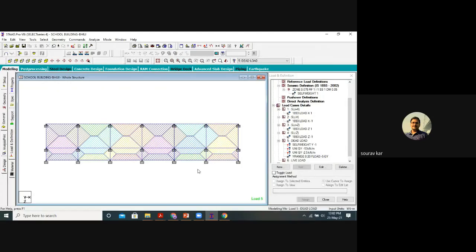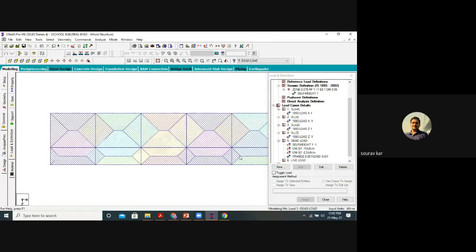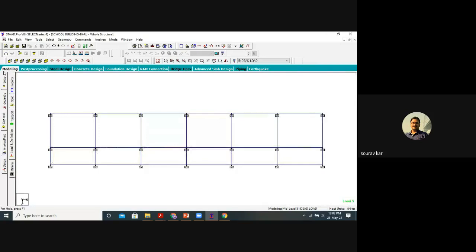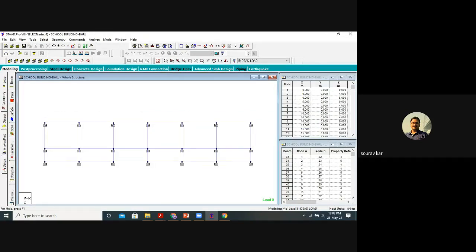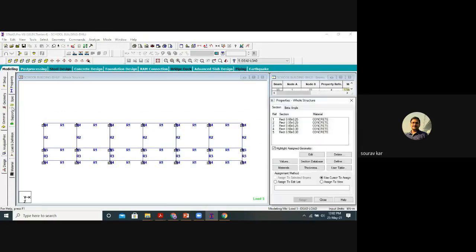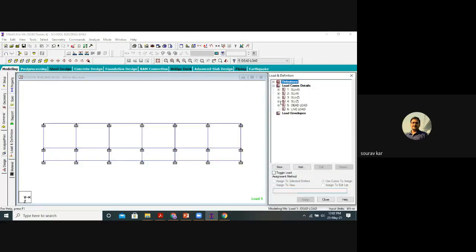Can anyone tell me, based on this trapezoidal distribution, what type of slab is this? What type of slabs have been formed? Can you tell me? My dear students, I'm asking something.